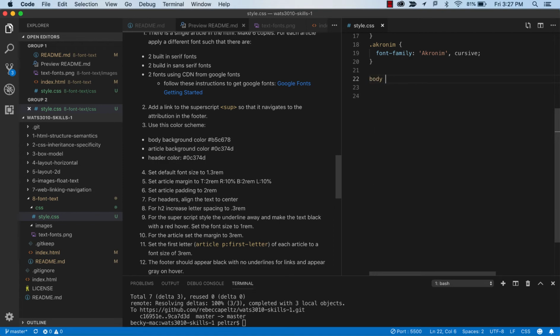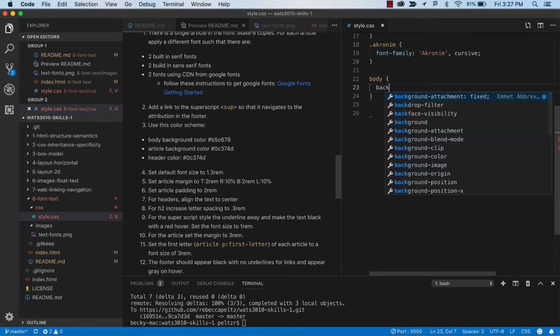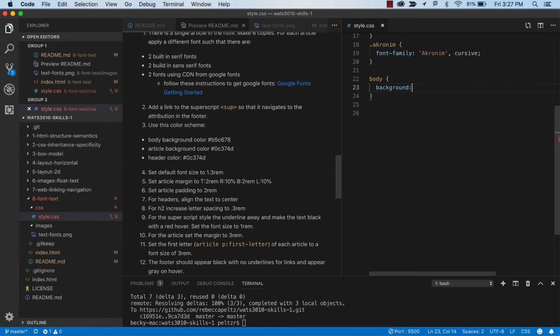So body background color, and it's going to be this. I'm just going to copy and paste so I don't make a typo. It's going to be that color green, and then the article background color is going to be